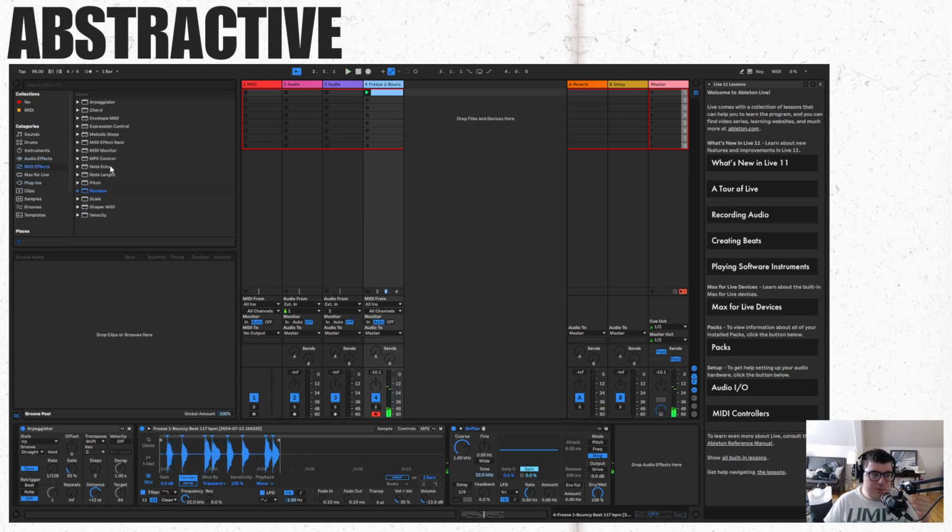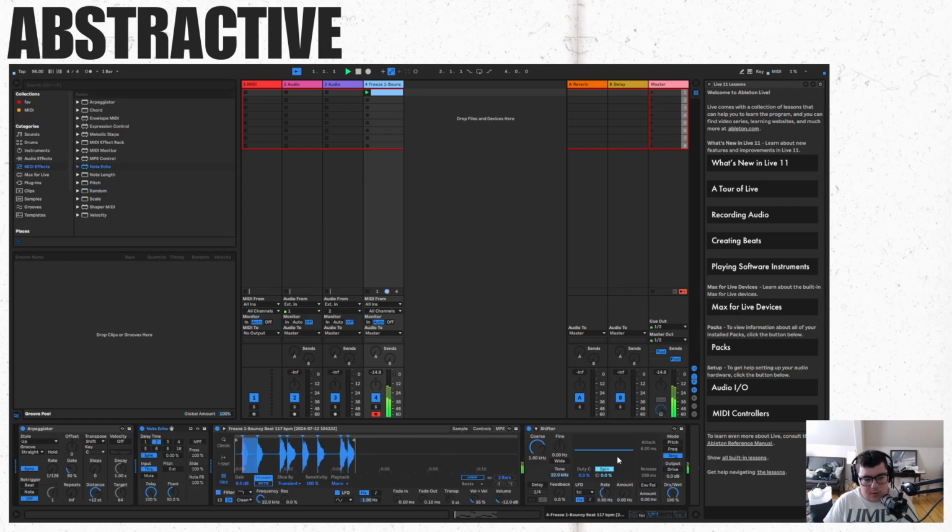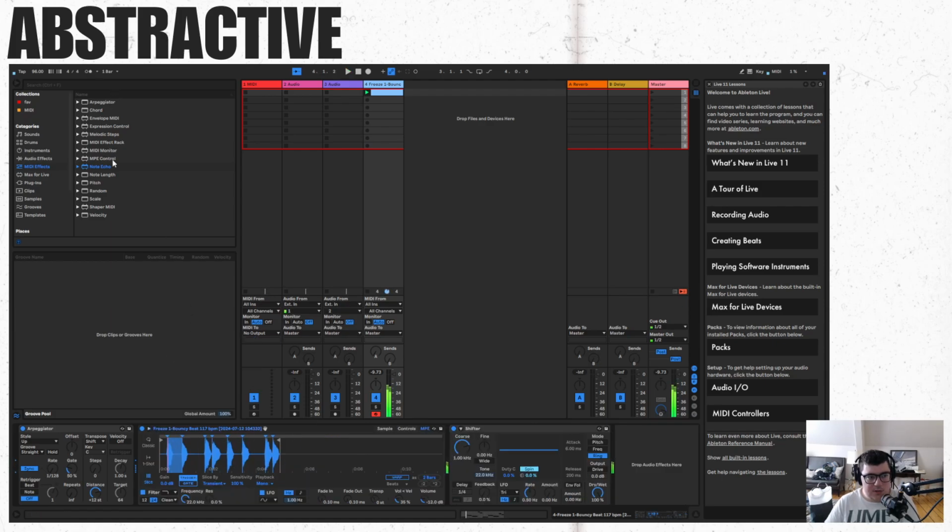What other MIDI effects are there? Well, there's note echo, so we could do that. Try that. Kind of like this, as a thing that you play once. Like if I were doing a full composition, which I'm not, but we have a possibility here. But yeah, I'm going to remove note echo anyways, because I realize that's a